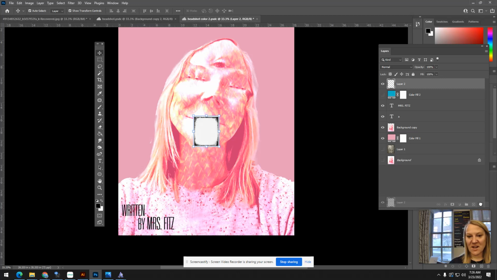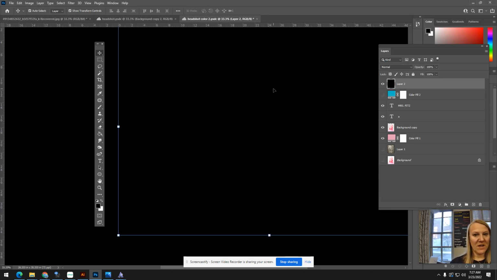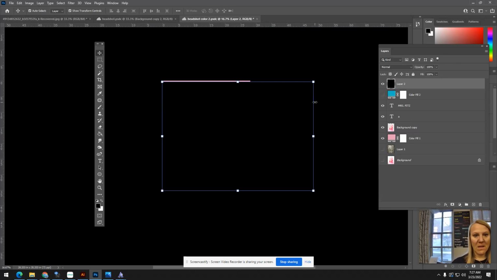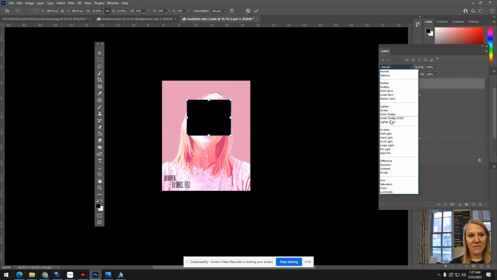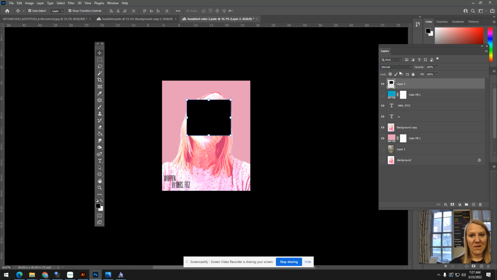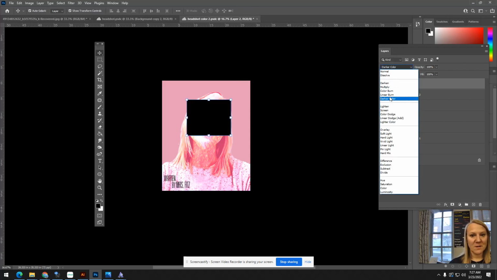I'm going to just delete this layer. I don't need that layer. Control V, and my PNG, maybe it doesn't work, and well, it's not working. Well, that's a busted